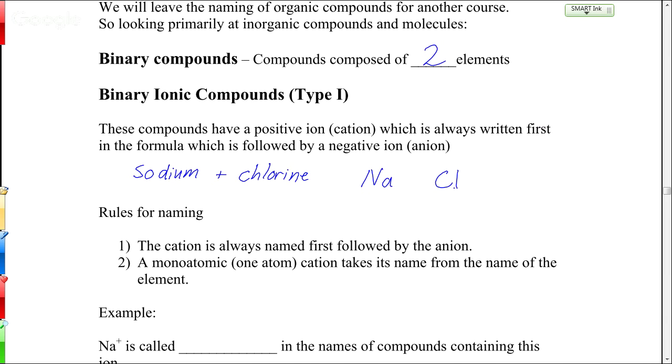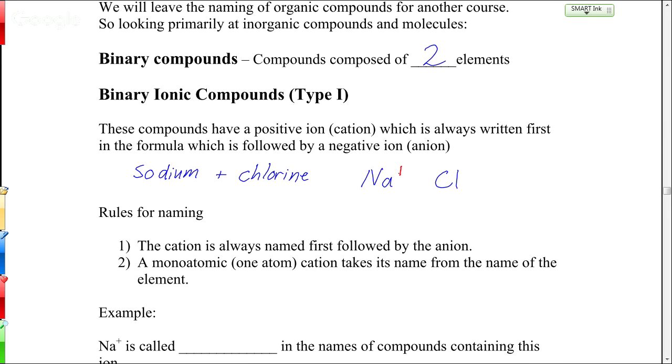It's in the first part of the periodic table, and we know that those tend to be +1 type ions. But even more generally than that, everything to the left of that stair step, everything that we call a metal, tends to make a positive ion. There are relatively few examples, and none really that we'll see in this class, of where those elements make negative ions. So if you have something to the left of that line, you can be relatively confident that that's going to be the positive ion. And you can be pretty confident that whatever's to the right of that line is going to be the negative ion.